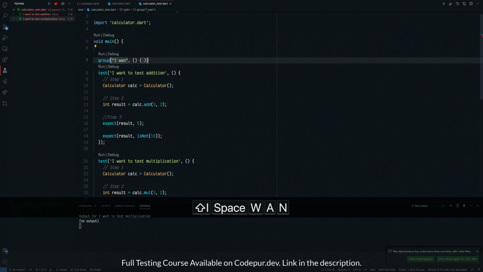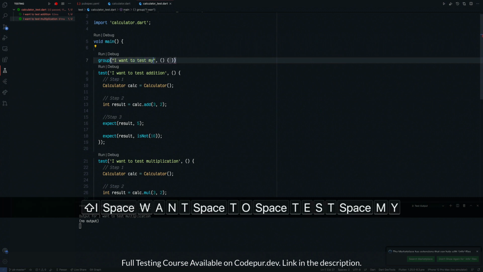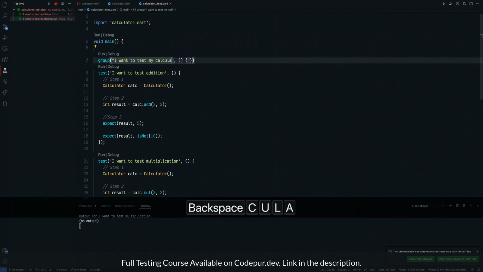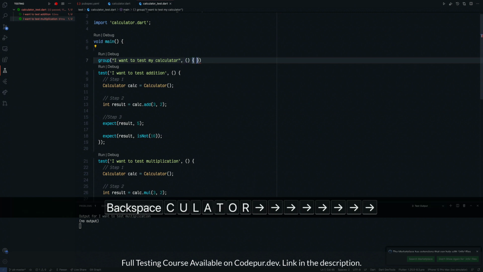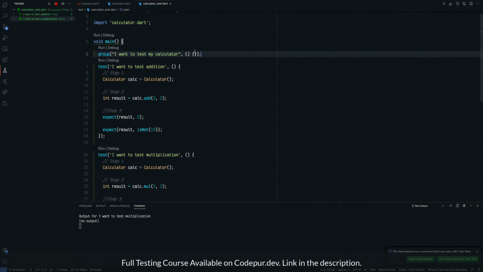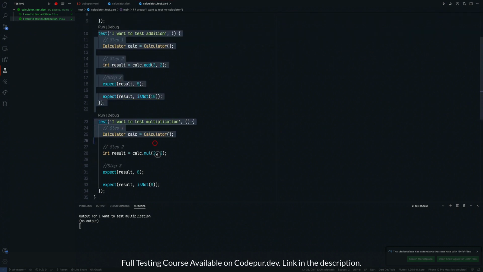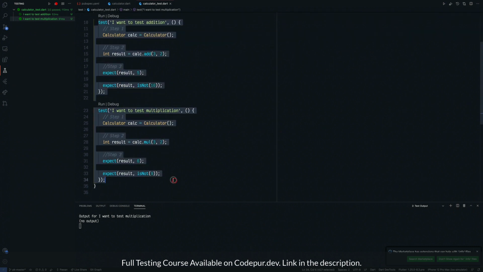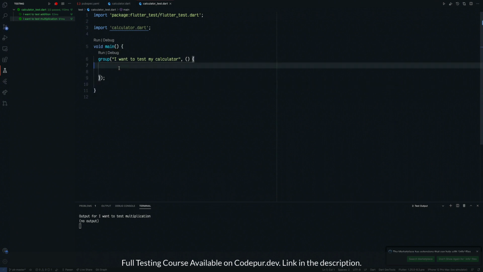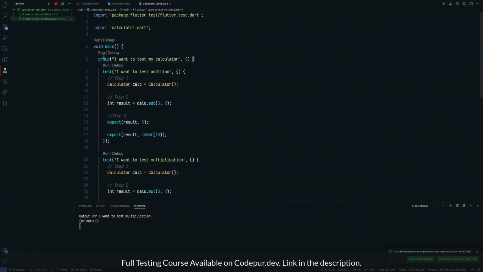I can say I want to test my calculator. This means every calculator test will be here, and then in these braces I can move these tests. So let's move all of these from here to here, and now we get the same run and debug on the top as well. Let's do it this time.